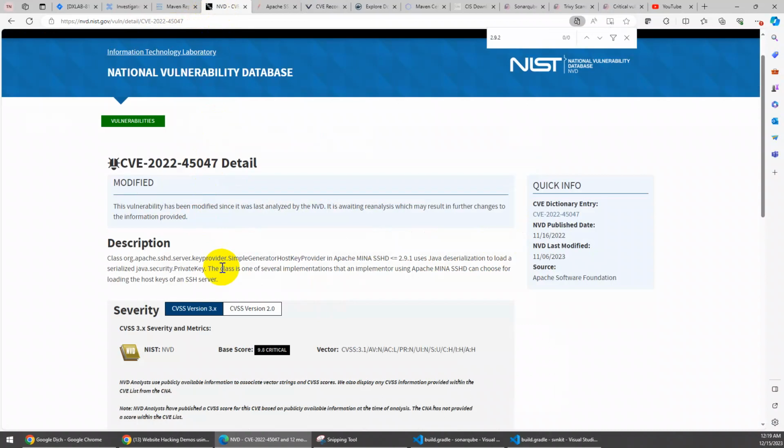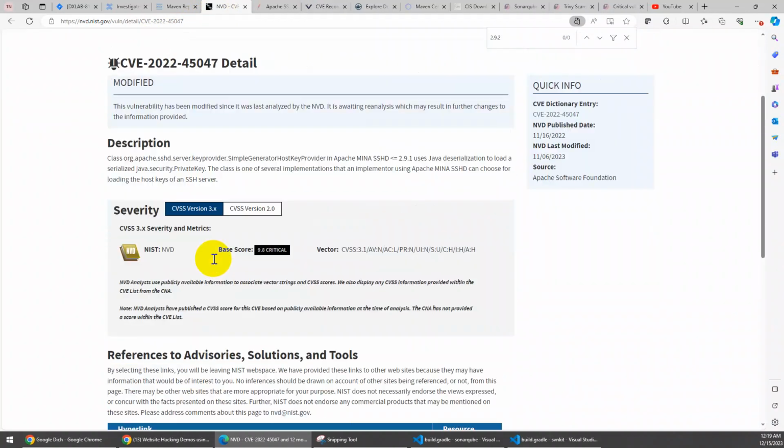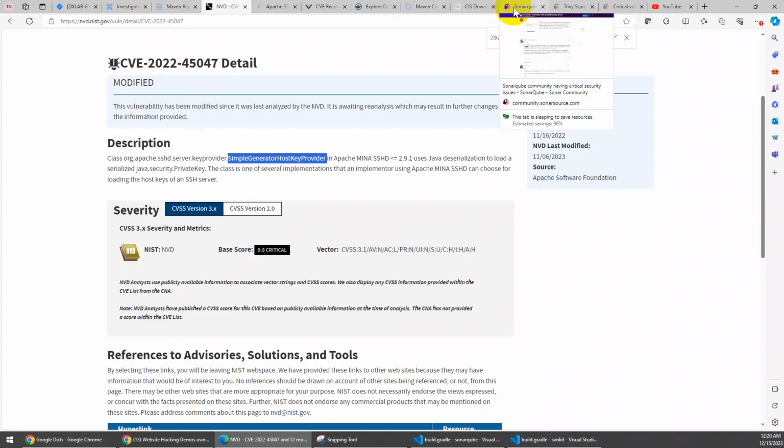or you can check this issue on the NVD website, which declares a lot of information related to this vulnerability issue. You can see the score is 9.8, rated critical. This means if your application uses this class, it should be prioritized to be fixed in advance. So with this issue, I would like to introduce how it impacts SonarQube,